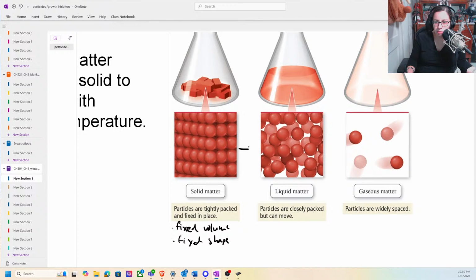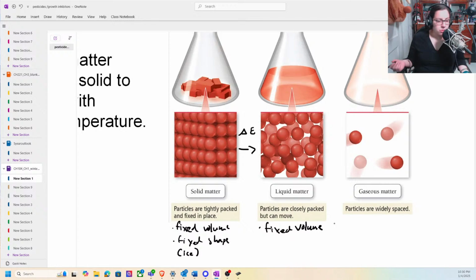If we continue, what separates solid from liquid is essentially energy. We've probably seen ice or water in all three states of matter, so we can think about this as well. We're thinking about ice here, and it has its fixed shape. Then as we add energy to that, things start to change. Now the particles are still closely packed together, but they can slide past one another. And so that means that we still have a fixed